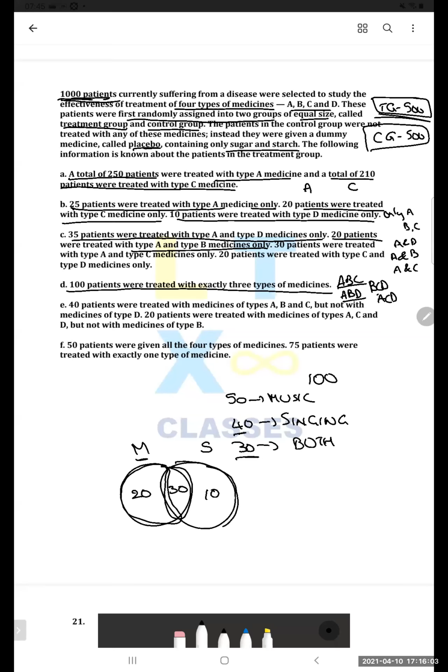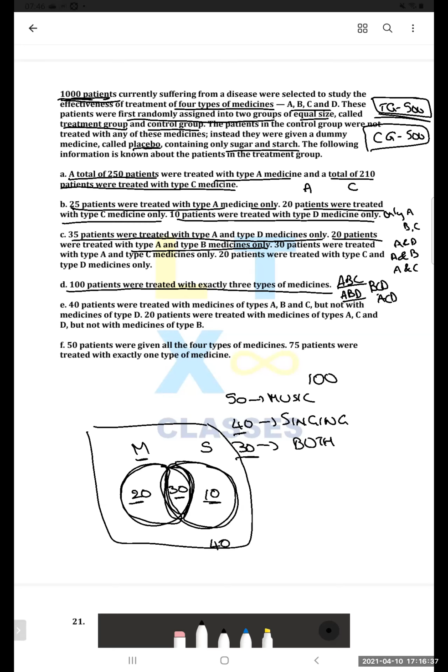There are 10 people who like only singing, and there are 30 people who like both. So how many people are there in the class who do not like anything, which is 100 minus 60, which is 40. So this is how Venn diagram is represented. Correct? When you have groups of combinations of people given, you always use Venn diagram to differentiate which particular group of set, which particular group of people cater to a particular set. Did everybody follow me here?